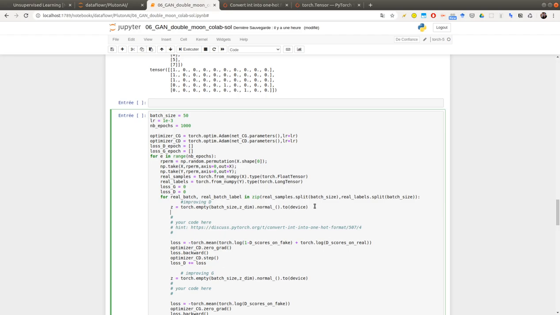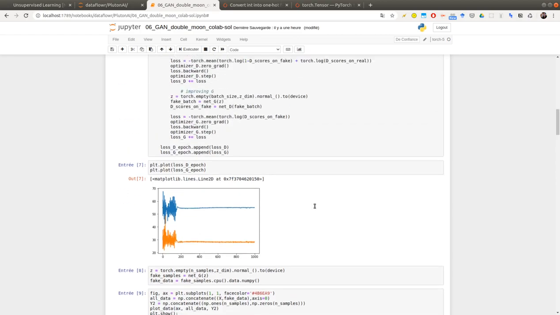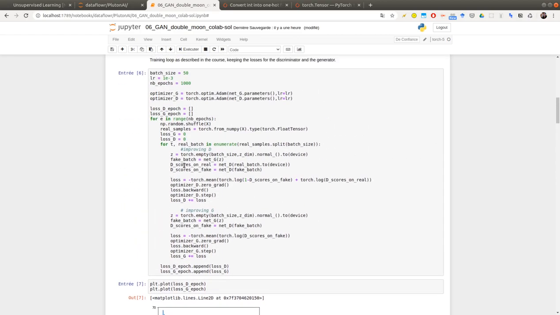So improving D. For improving D, I will need to create a fake batch through the generator.